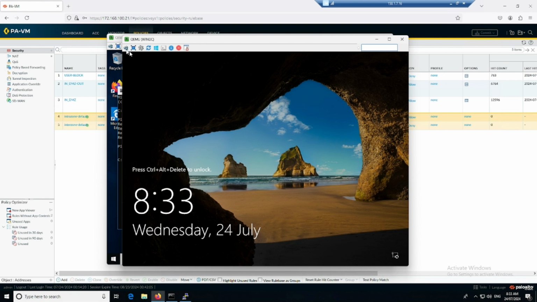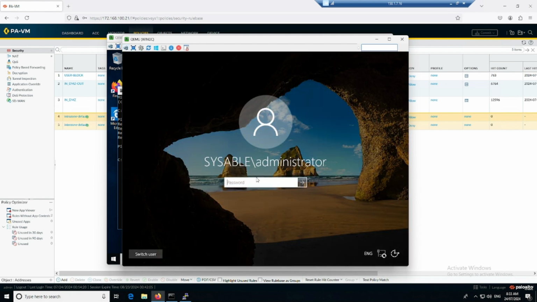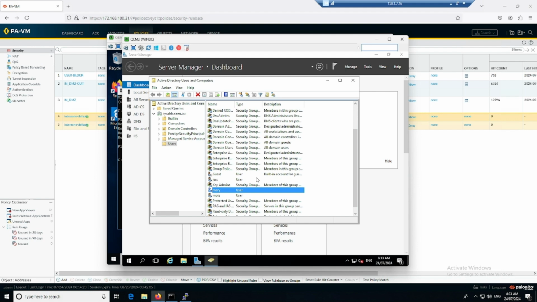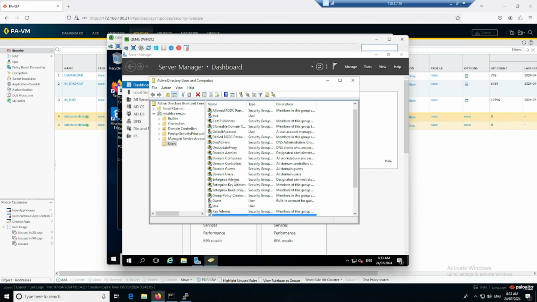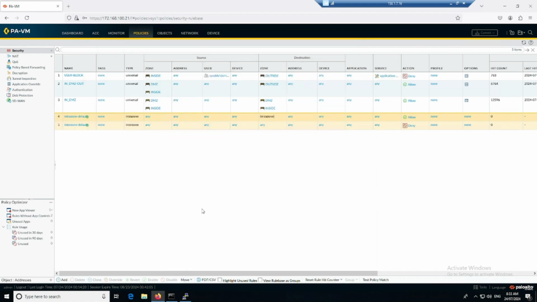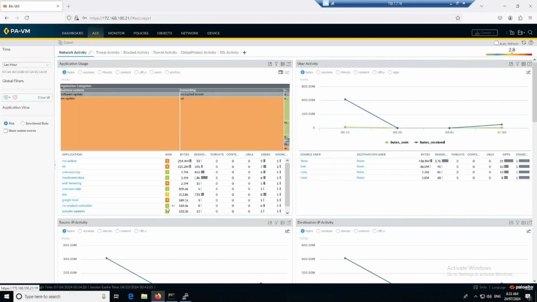Yep, I think that is also included in the domain user, so that's why it is not able to ping. Yep, domain admins. Right, but basically that's how you configure the policy and you see that the policy has been hit. That's all good. Now if you go to the application command center,